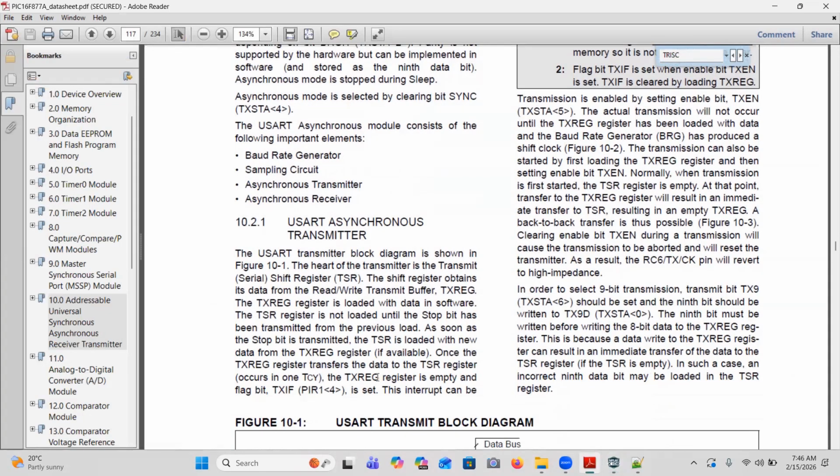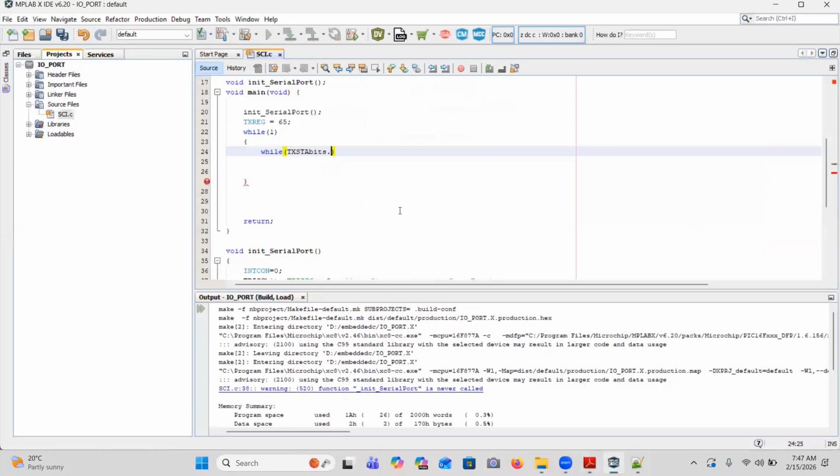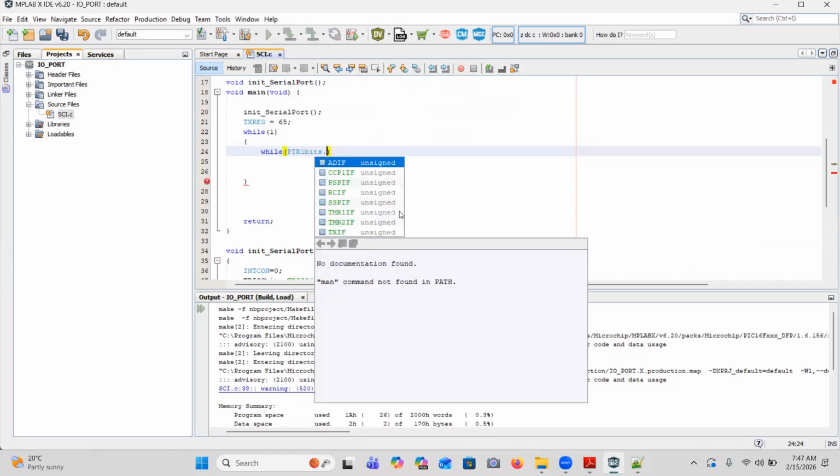Okay, if the TXREG register is empty, the flag bit TXIF is PIR1 fourth bit. So, while PIR1 dot bits dot TXIF